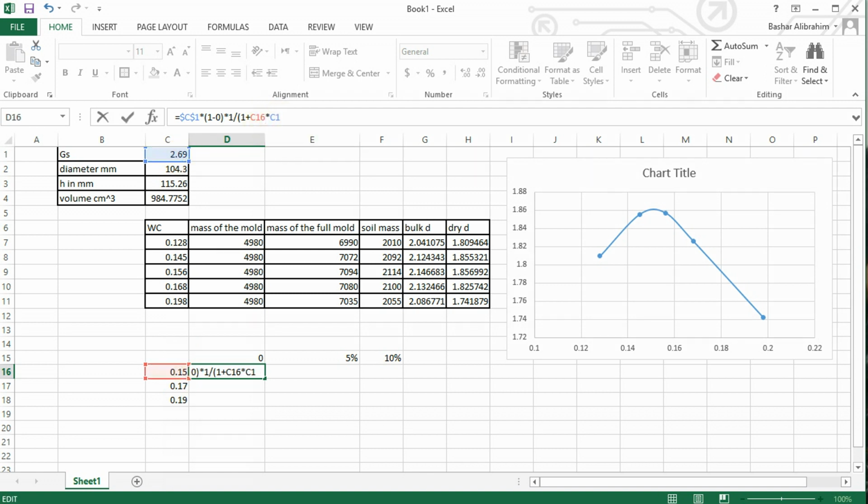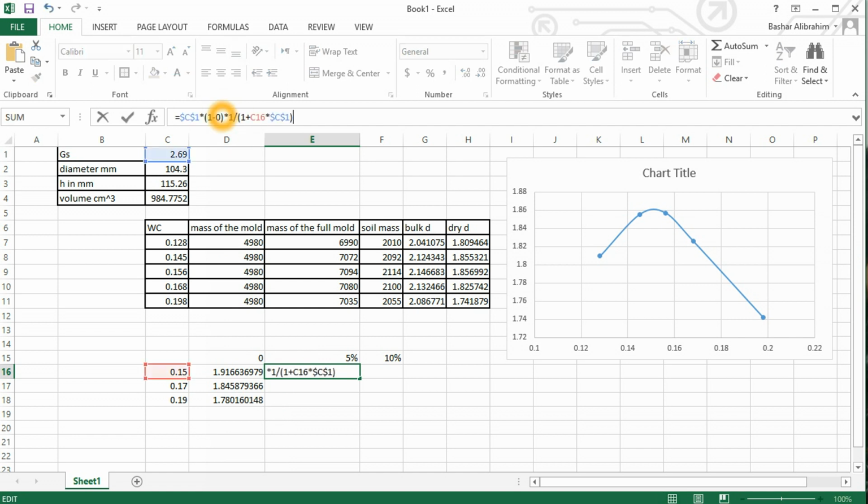Again, fix it by putting dollar signs, and close the parentheses, click enter, click and drag for the other one, and for the rest just copy the formula